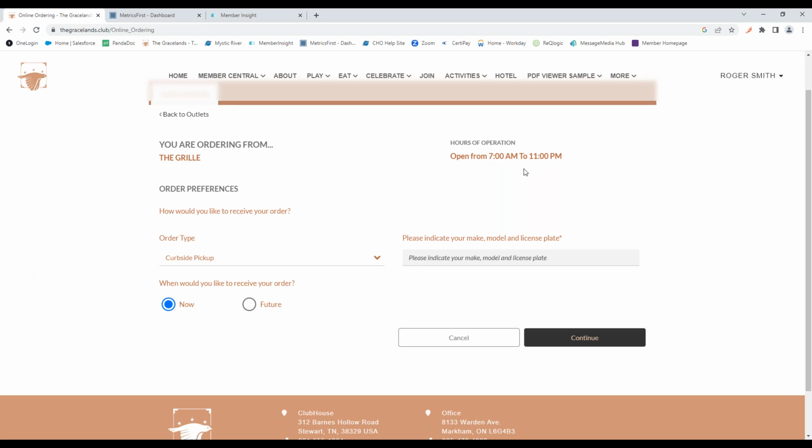Again, same thing, you've got your different areas. We've got our hours of operation. We can choose our different types of pickup that we have. So if we want a curbside pickup, that will prompt us to then enter our make, model, license plate number if you'd like. You can get as detailed as you want with this. Go ahead with that for now.